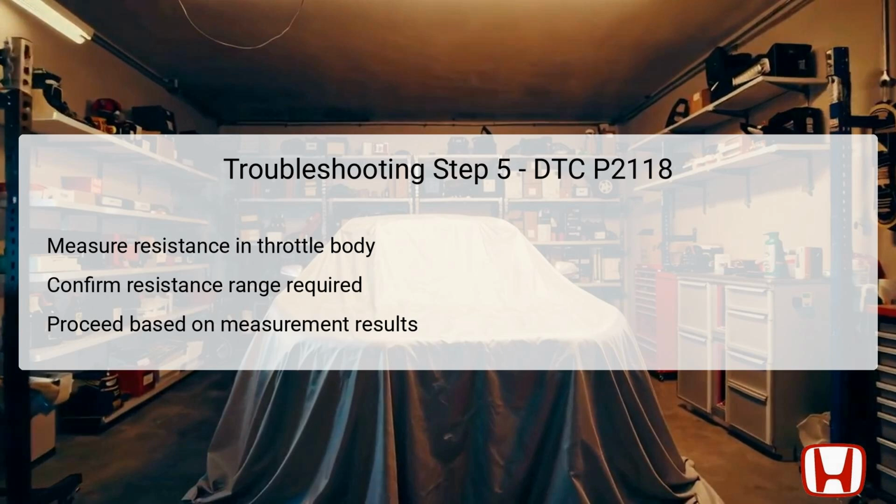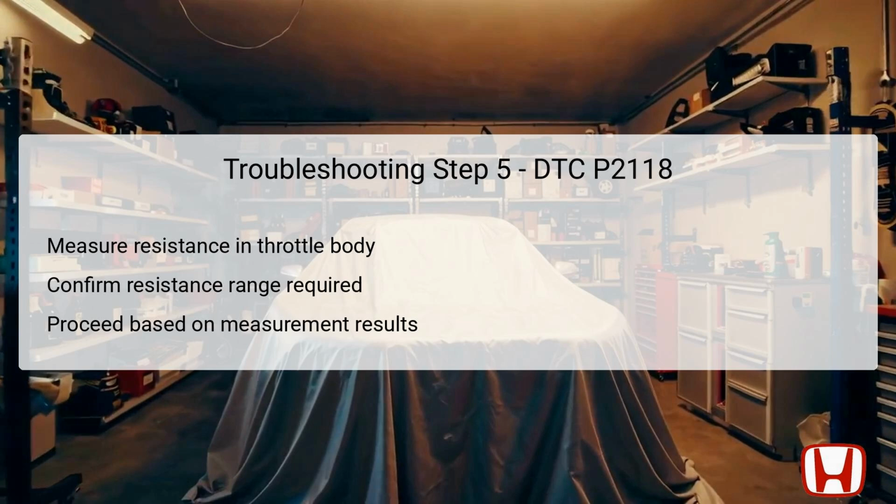If the measured resistance is within this specified range, it suggests that the throttle body is functioning appropriately, allowing you to move to the next diagnostic step. However, should the resistance be outside this range, it necessitates replacing the throttle body entirely, as it indicates internal faults